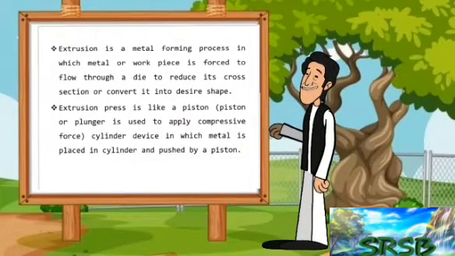Extrusion is a metal forming process. In this process, the metal or workpiece is forced to flow through a die to reduce its cross section or convert it into the desired shape as per our requirements. An extrusion press is like a piston cylinder device in which metal is placed in a cylinder and pushed by a